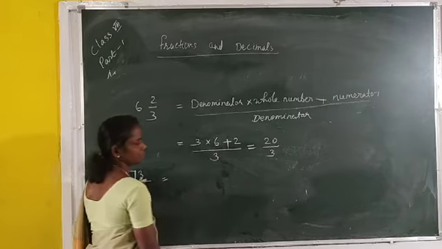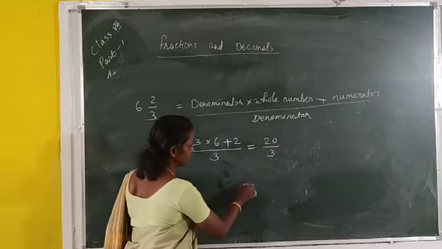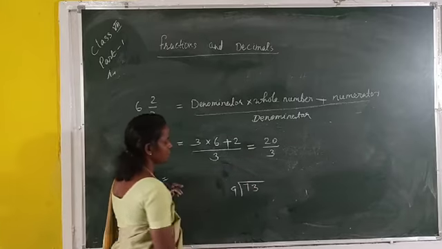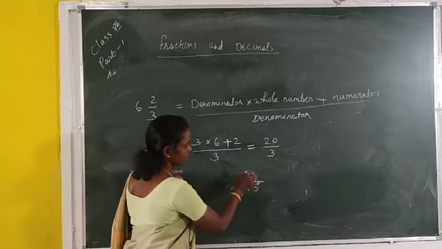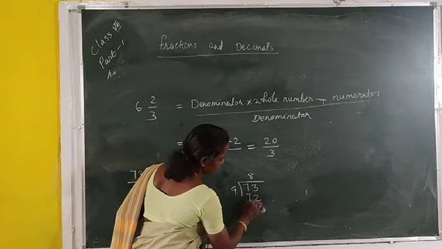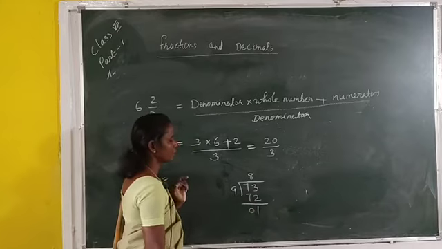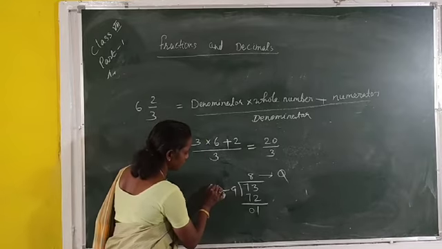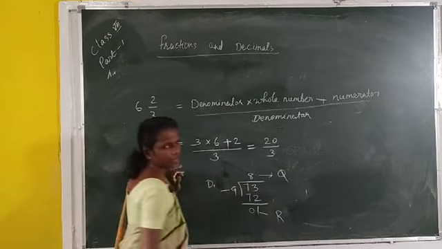First look, this is numerator divided by denominator. Here the numerator is 73. This 73 is divided by the denominator. Then how many 9s in 73? We know 8 9s are 72. Then 3 minus 2 is 1, 7 minus 7 is 0. Here look, the quotient is 8, 9 is the divisor and 1 is the remainder.